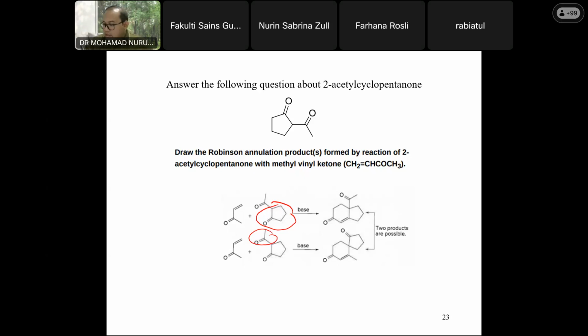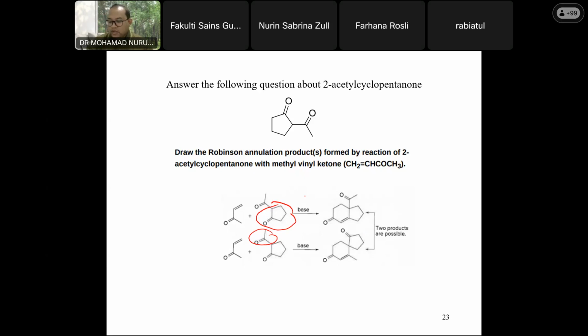So I already have the mechanism, but the problem is maybe I can scan and give it to Dr. Vicky for this. I hope it's okay for that. So they will give you only two products. To do it one by one, you have to proceed with the Michael addition first, followed by aldol reaction and followed by condensation reaction.